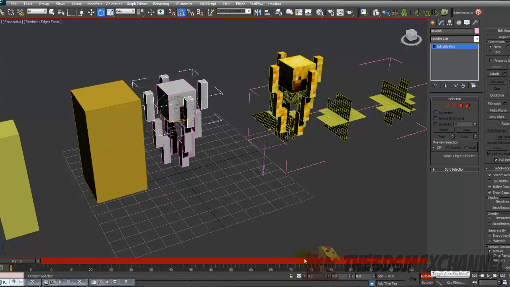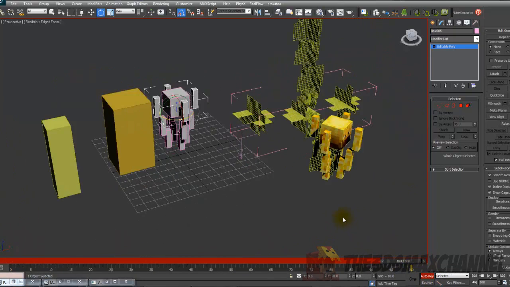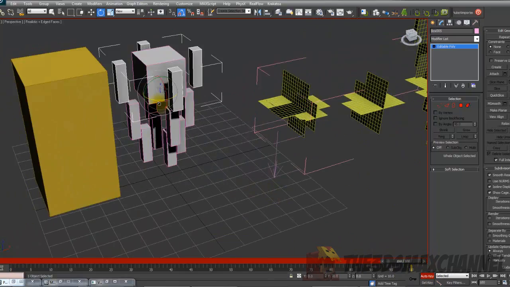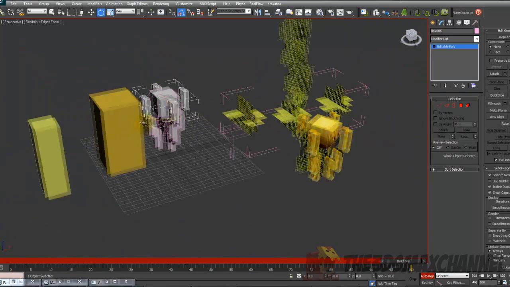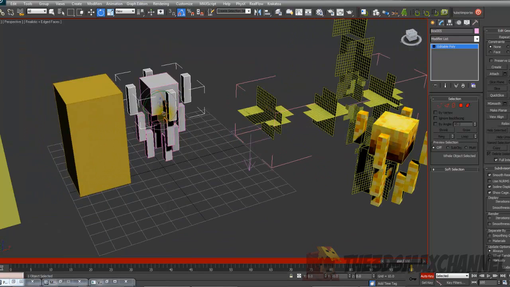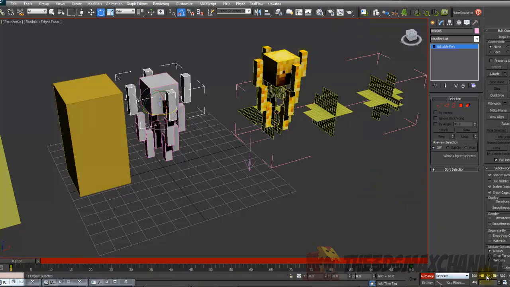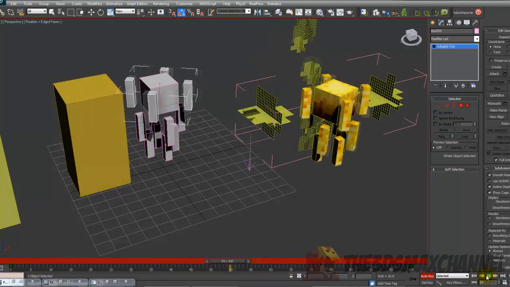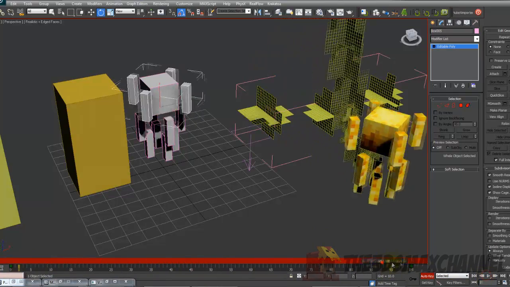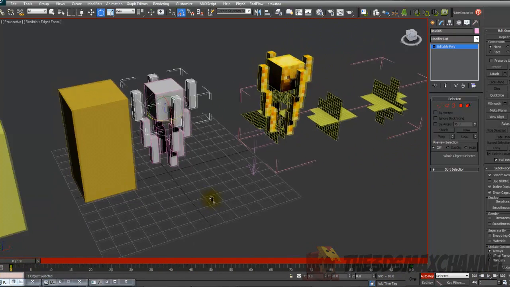So turn on auto key and go to frame 100. And for the top one, we're going to rotate it 720 degrees. So do that, 720 degrees, and just play that back. If you think you want to make it go even faster, that's up to you. So after you've done that,